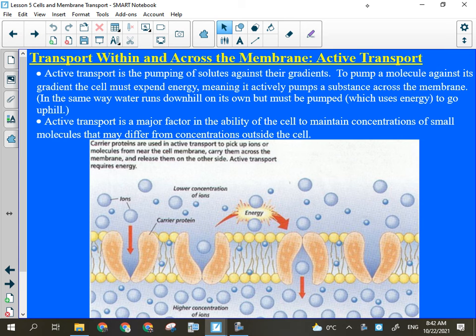Of the big three, which is the biggest? Which one does the cell use more than any other? Diffusion. Yeah, diffusion is the most important one. It is the only way that material moves from one place to another within the cell. Okay? Active transport and osmosis only move material across the membrane. Okay? That's great, it gets in and out, but when it comes to moving stuff around within the cell, that